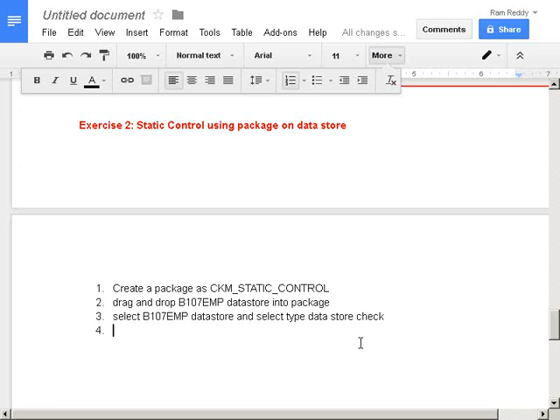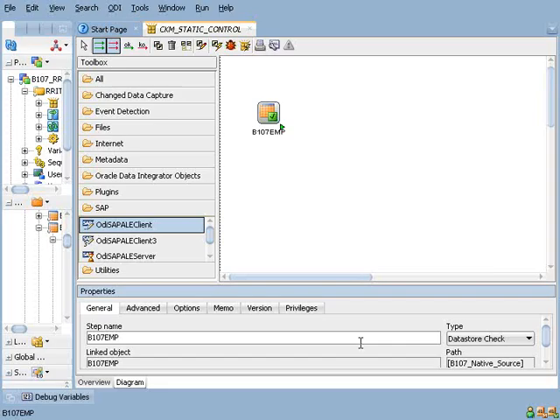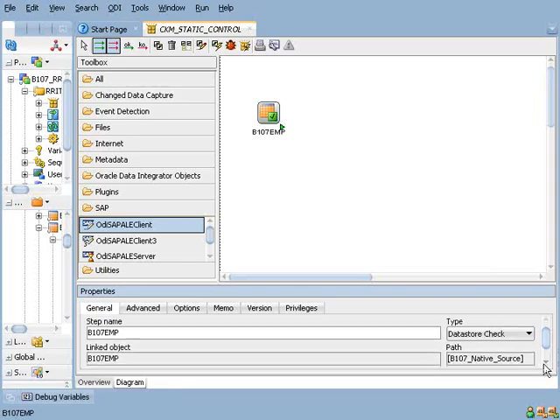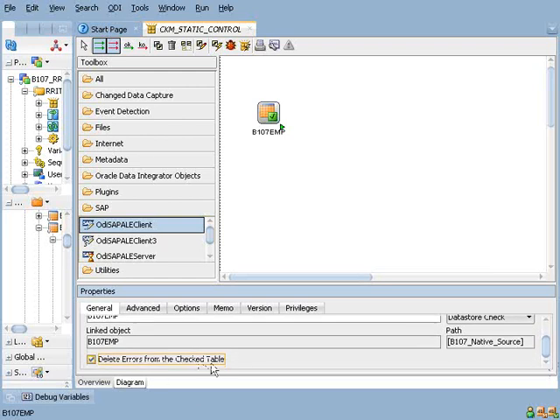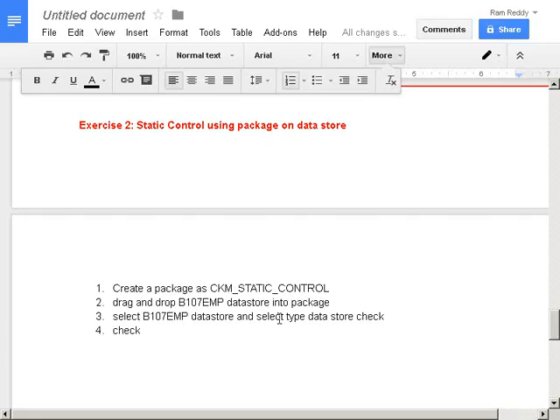And check delete errors from the checked table.